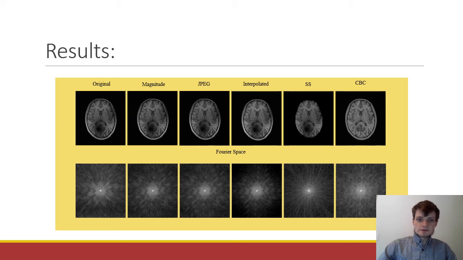These are my results. Here you can see the original image and the Fourier space associated with it. Next, after the magnitude of the image was computed, after the JPEG compression was performed, after the image was interpolated, after the skull was stripped, after coil bias correction was applied. You can see that all of these images have unique patterns associated with them and don't reflect the true nature